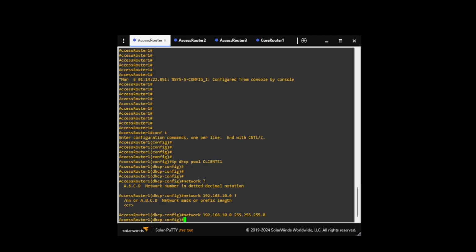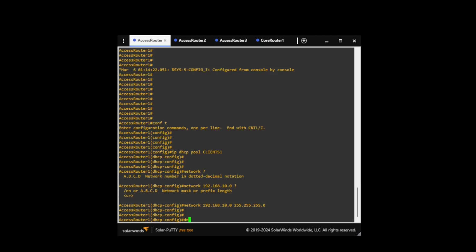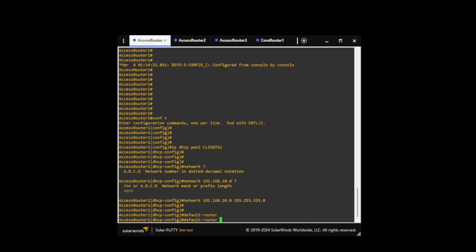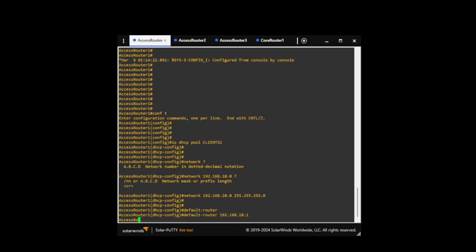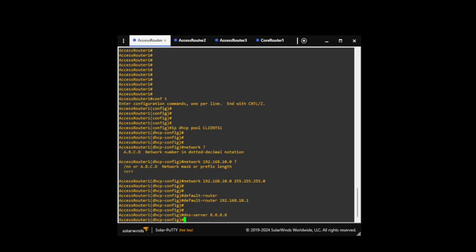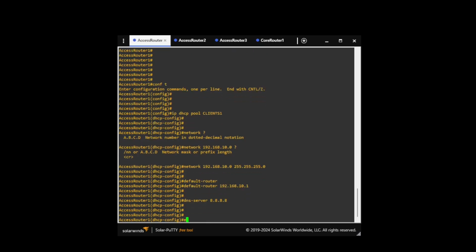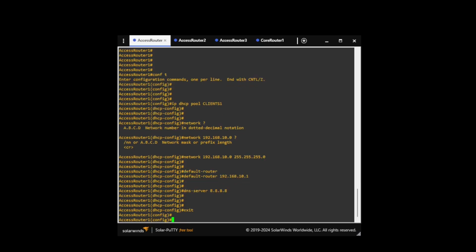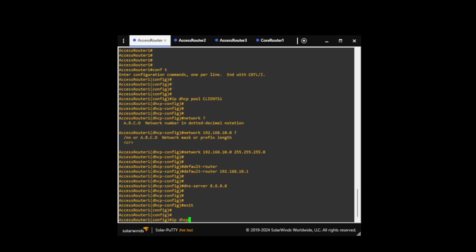All right, and the default router is going to be 192.168.10.1, and our DNS server is going to be 8.8. Okay, and now let's exit here and let's go ahead and say IP DHCP excluded